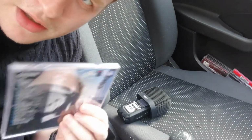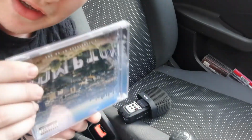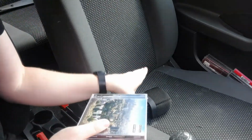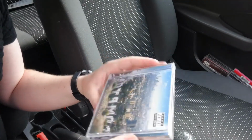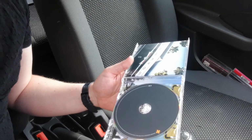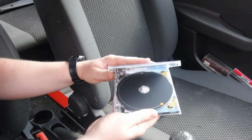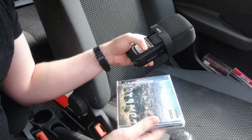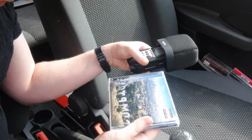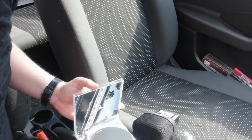Now, this is technically not a part of the car, but the CDs do live in the car, so screw it, I'm recording them too. And let's open it up. And it is actually Dr. Dre's Compton album with Ed Sheeran's Plus album inside. Lay it down here and just...